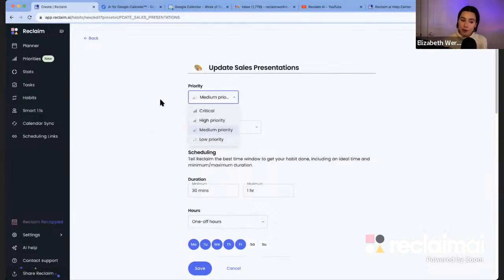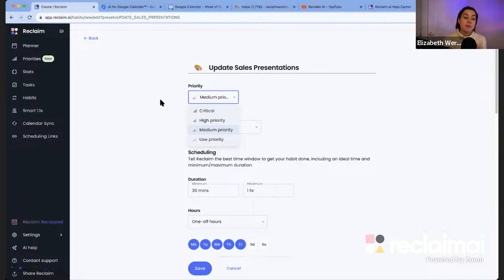Now here you have your priority to set. Reclaim's prioritization system is another way that you make time for that flexibility, but also make those trade-offs automatically. A lot of times we have more to do in a week than we actually have time for, and the difficult part becomes making those trade-offs: to deprioritize something to make time for something that's more important, or to fit in an urgent emergency that might have to take place over top of something else that you had planned for